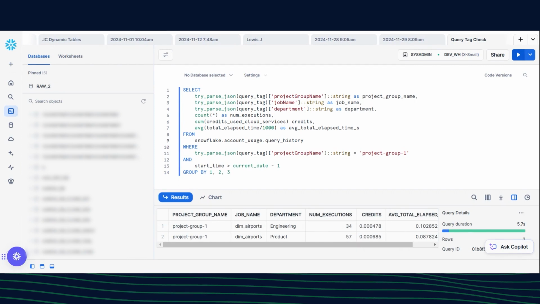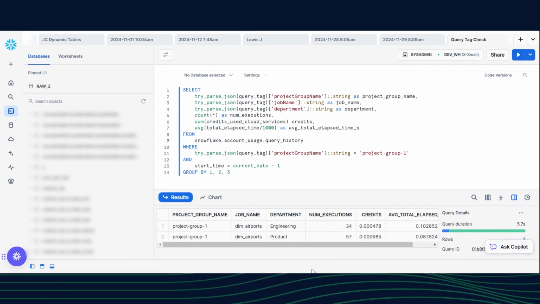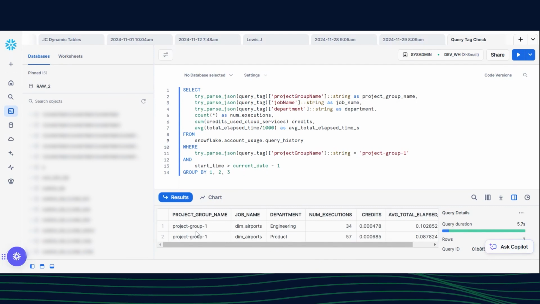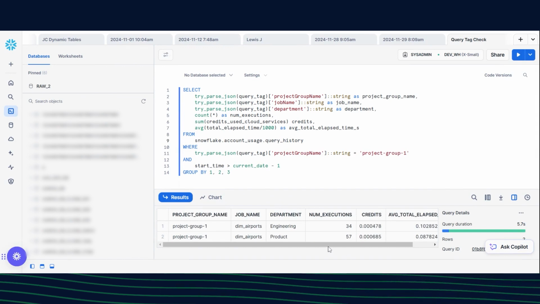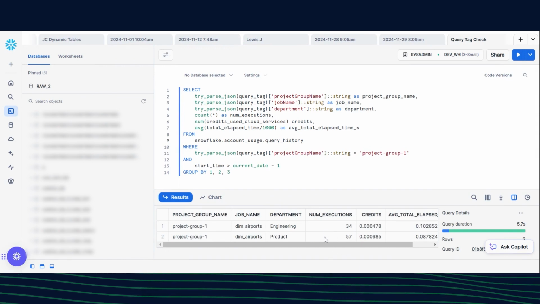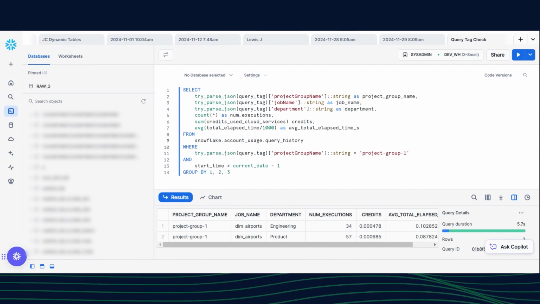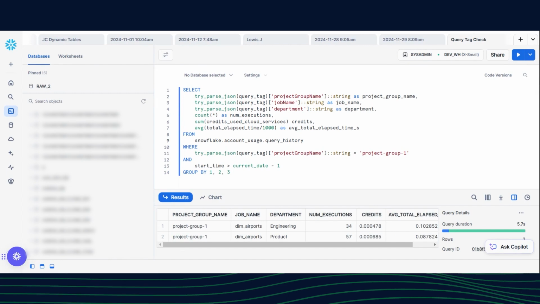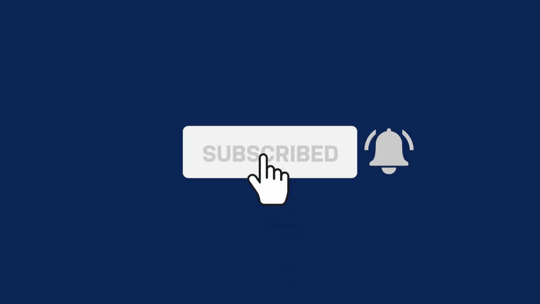Furthermore, JSON parsing within the query tag allows filtering based on specific criteria. This means we can refine our data analysis to focus on particular tags or departments, enabling precise reporting and cost attribution. So in summary, Snowflake query tagging within Matillion ETL provides a powerful way to track, analyze, and optimize query execution. By leveraging JSON-based tagging, organizations can effectively manage resources and gain insights into query performance.